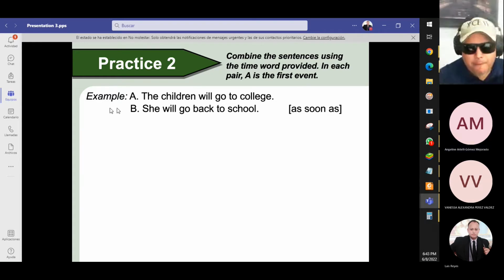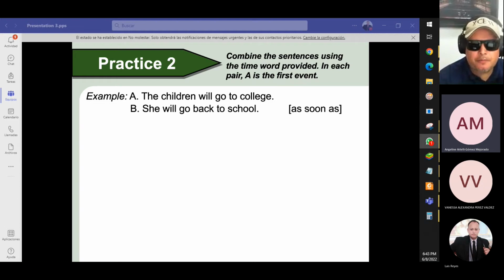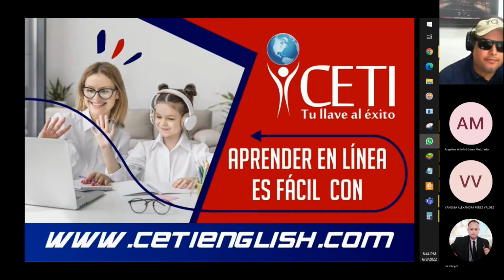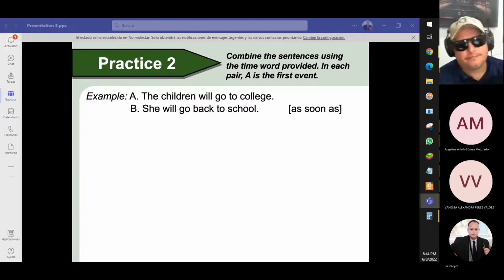Sería as soon as she goes back to school. Ahí estás diciendo que primero ella tiene que ir a la escuela. Míralo de esta forma. Ella es la mamá y ella no ha podido seguir sus metas de estudio, a lo mejor una maestría o un doctorado, porque tiene que estar cuidando a los niños. Pero si se van, ella puede ir. Entonces,